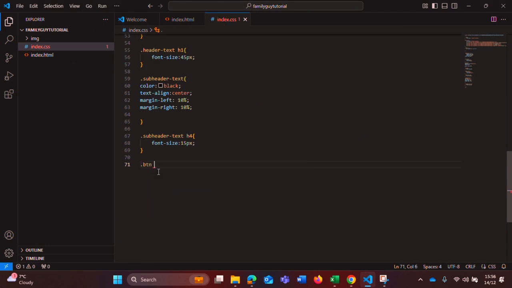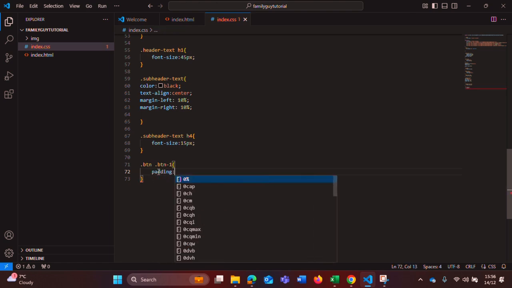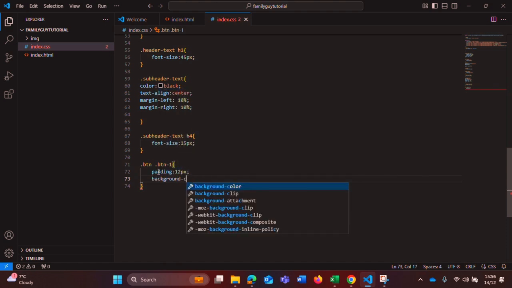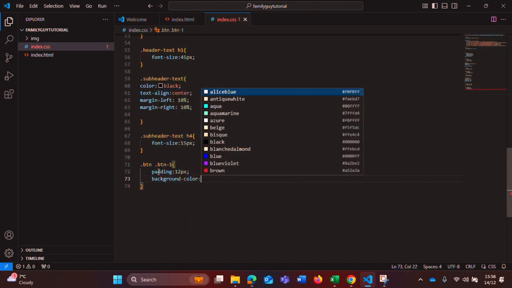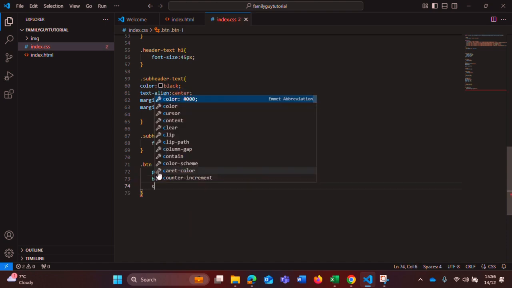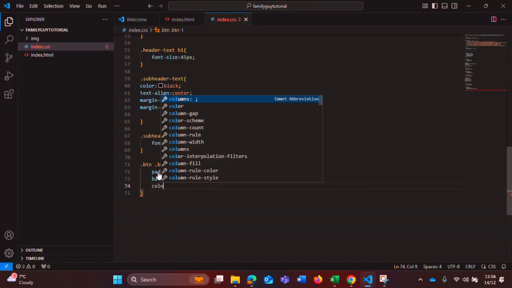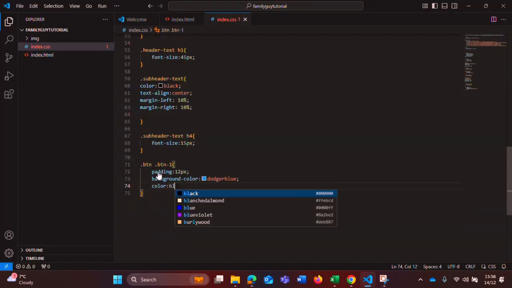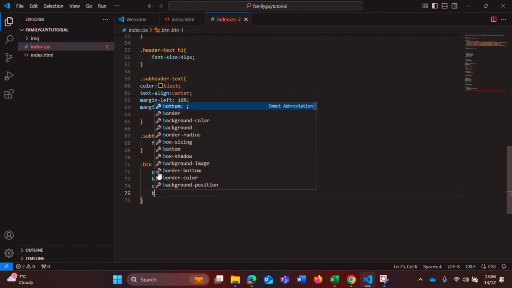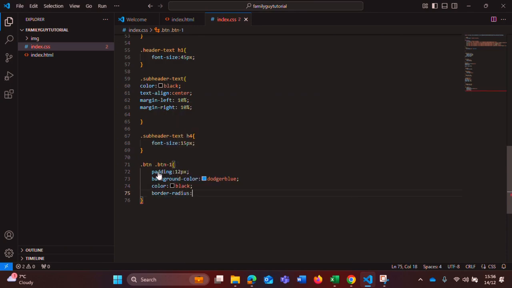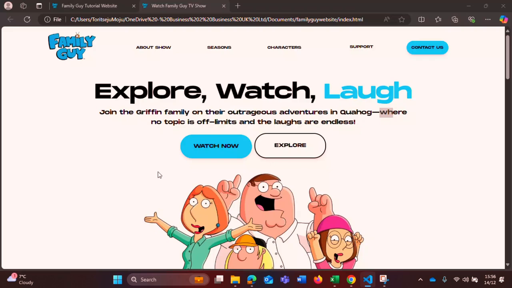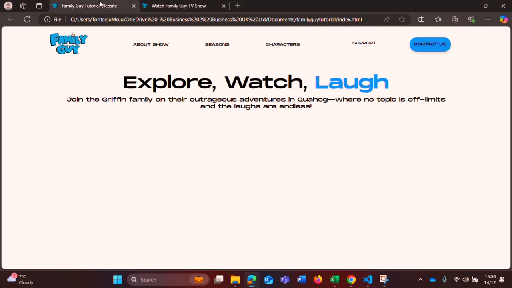Then we say btn.btn1. Then we give this a padding of, let's say, 12. We give this a background color of Dodger blue. We give this a color black. It's already black, so we give this a border radius of 20 px. Let's see. So if I go to refresh this now,